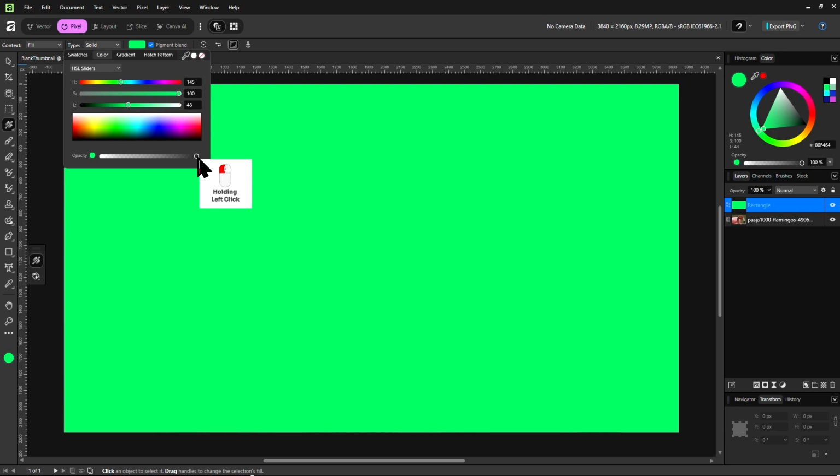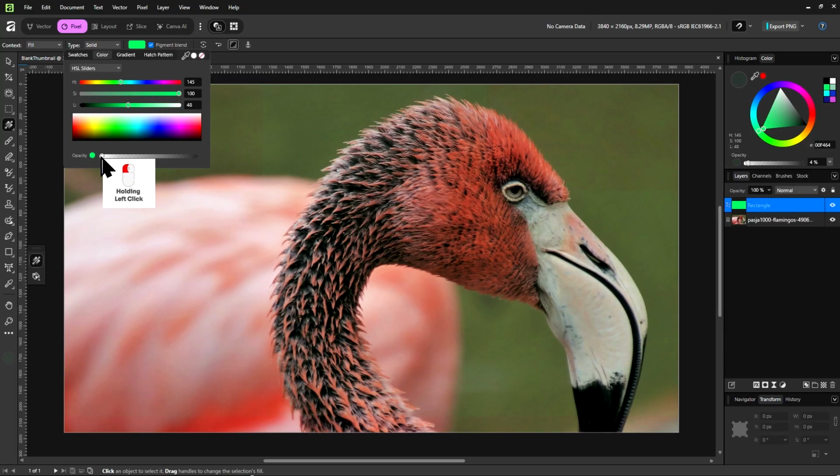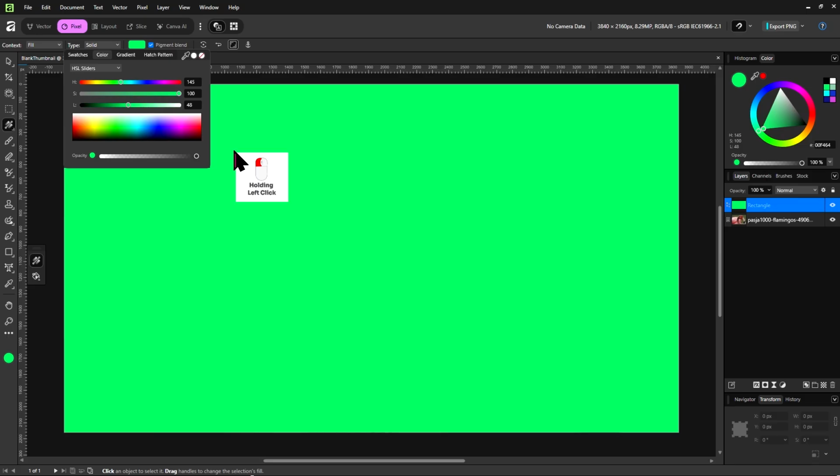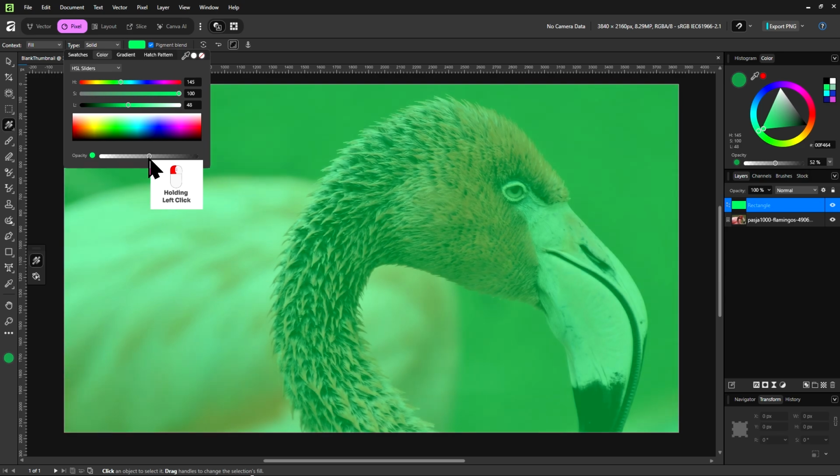Okay, so 100% opacity right now. That means the object is completely visible. All the way to 0 opacity, the object is invisible. We can't see it anymore, and it will just reveal anything below it, like this image here. So 0 opacity means invisible, 100% visible. Anything below that is semi-visible, semi-invisible, or you might also know as semi-transparent.